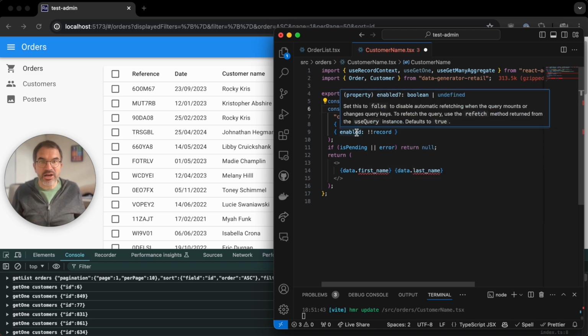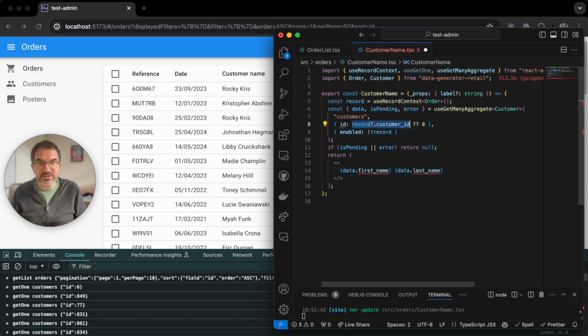useGetManyAggregate has the same syntax as useGetOne, except its parameter expects an array of IDs, and the data it returns is an array of customers, so I will only take the first one.